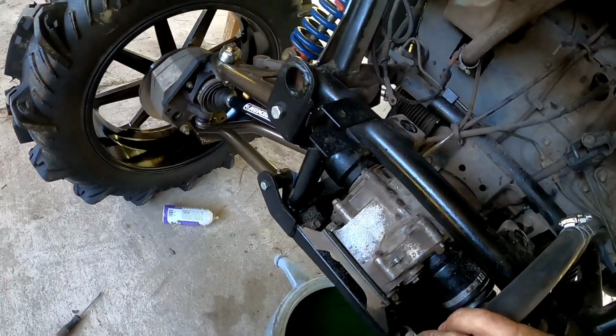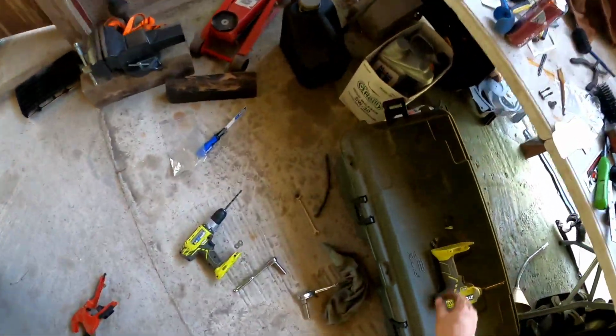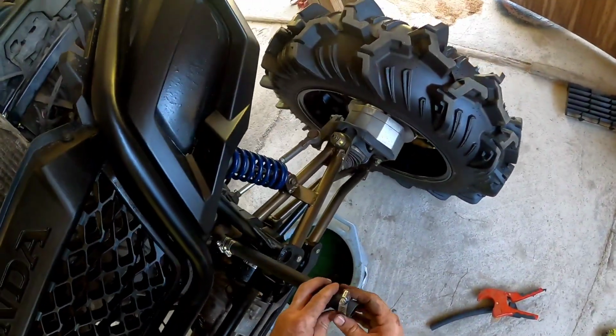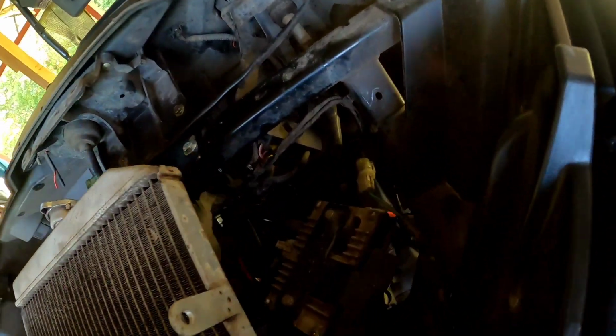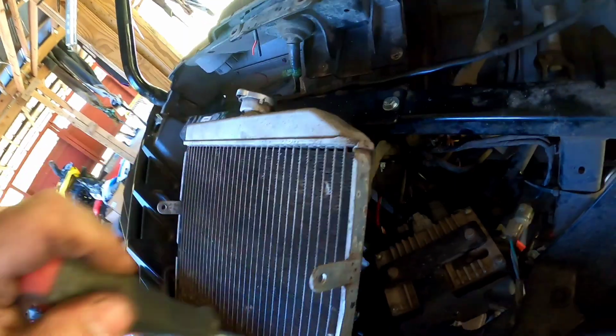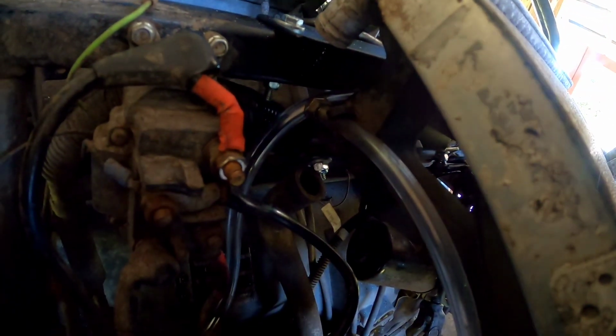All right, so I'm going to make that mark, and then we're going to cut it. Okay. Cut your hose. Get you another hose clamp that you can get to. Okay, that's tight. All right guys, so my radiator hose right there was supposed to be able to come all